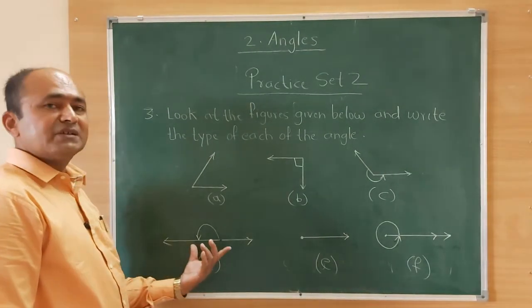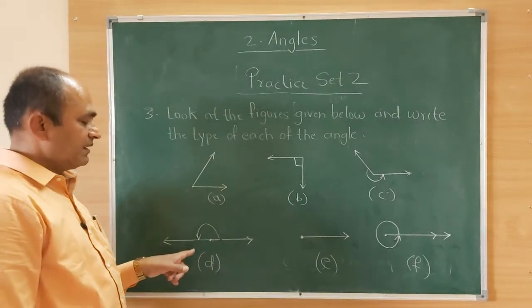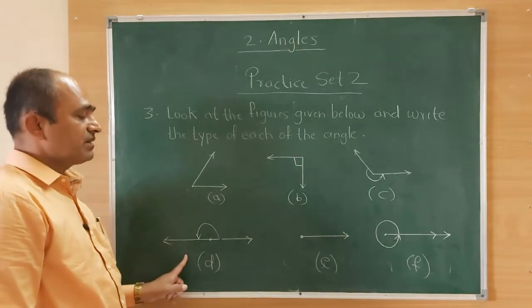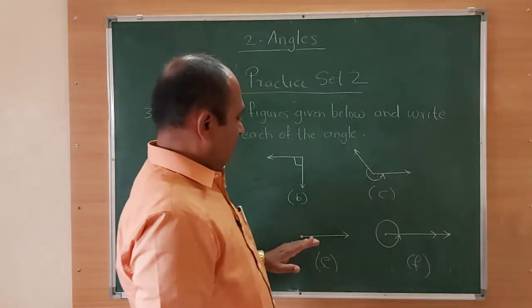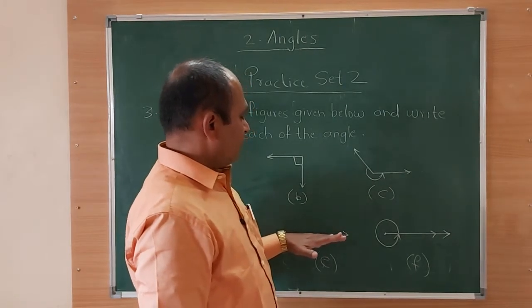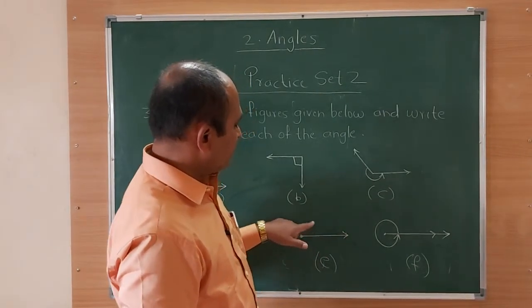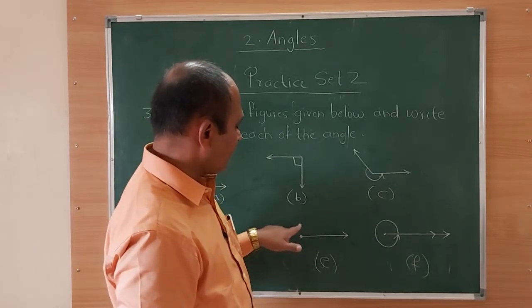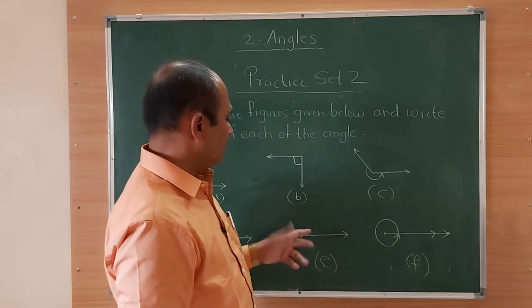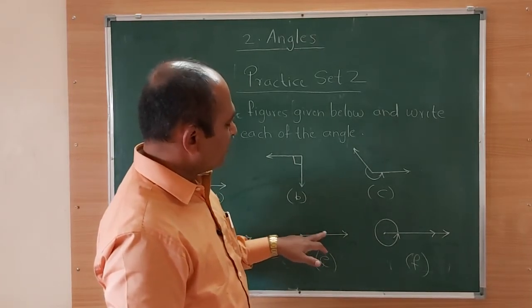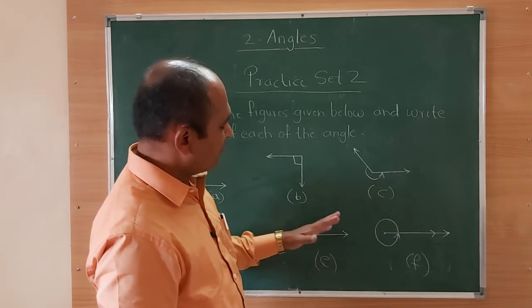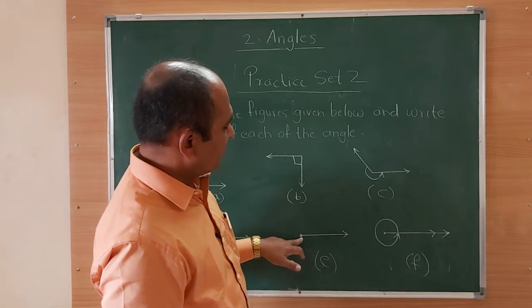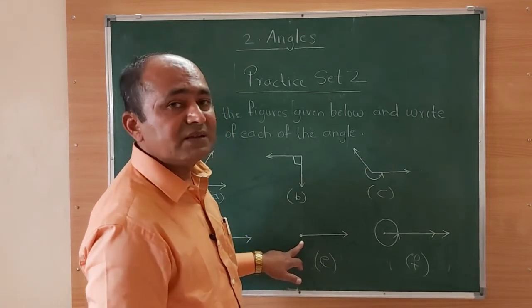Fourth angle, which is in figure D. Straight angle, it measures exactly 180 degree. Both the arms are in a straight line. So it is a straight angle. This angle, now the arms are on each other and it is not shown by some circular arrow that they make an angle. There are two arms, but you can only see one arm because they lie exactly upon each other and they make an angle of 0 degrees. So this is a zero angle.